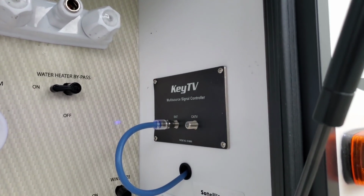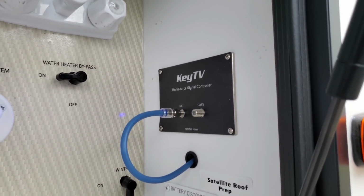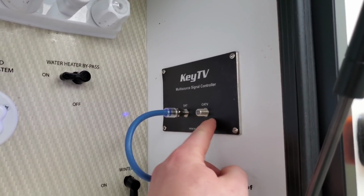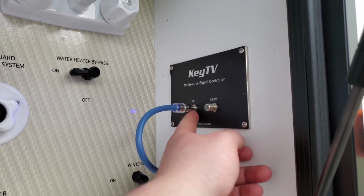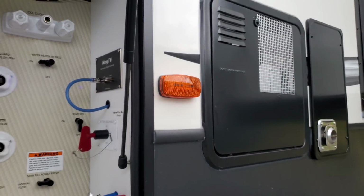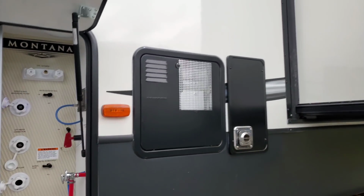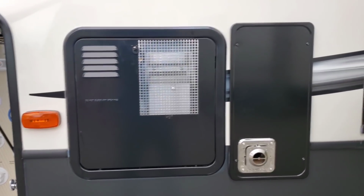And then your satellite prep to the roof is this purple cable or blue, can't really tell. And then all of your connections for input. So for cable, you'll put the connection in here, and satellite obviously on satellite. And then on the back side of your TVs inside the coach, you'll see those exact same logos symbolizing where you connect depending what you have